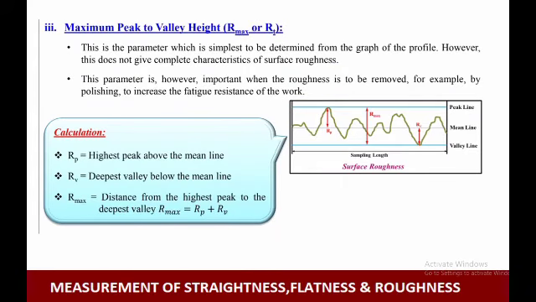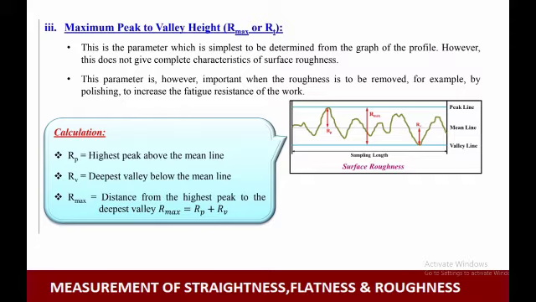The third method is maximum peak to valley height, Rmax or RT. This is the parameter which is simplest to be determined from the graph of the profile. However, this does not give complete characteristics of the given surface. This parameter is, however, important when the roughness is to be removed, for example, by polishing to increase the fatigue